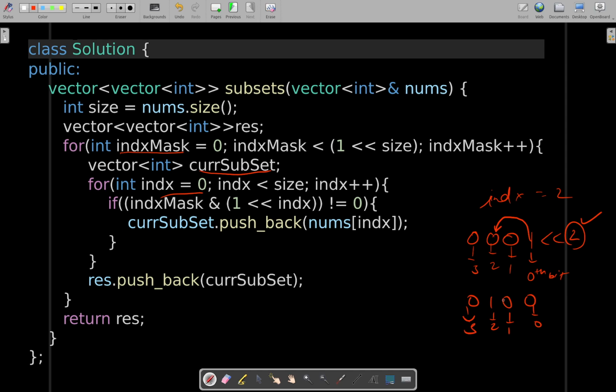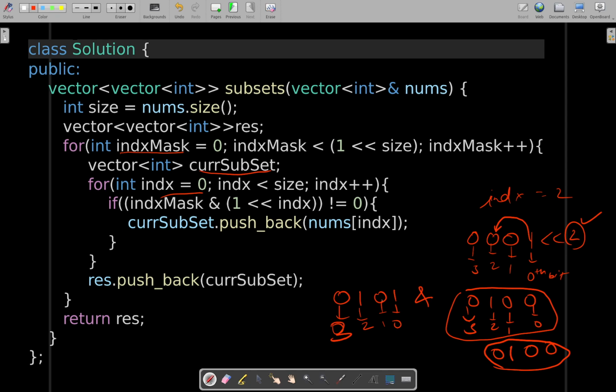So it will form another kind of mask. And let's say the index would have been something like 1 0 1. So this is the 0th bit, this is the first bit, this is the second bit. When you do an AND of these two entities, you will get 0 0 and then 1 and then 0. So this is the binary representation that you will be getting, because only this bit is common in both of